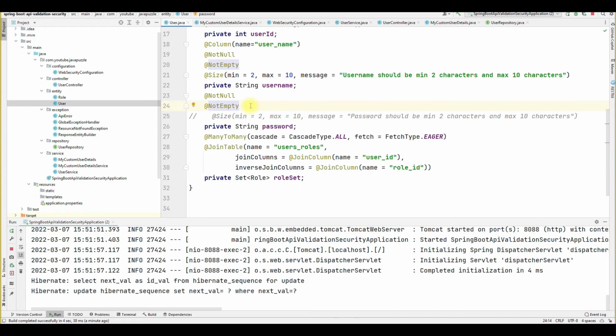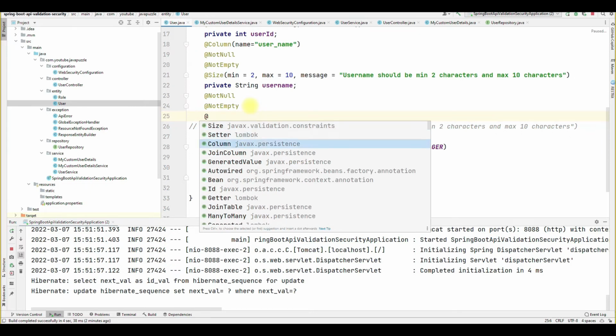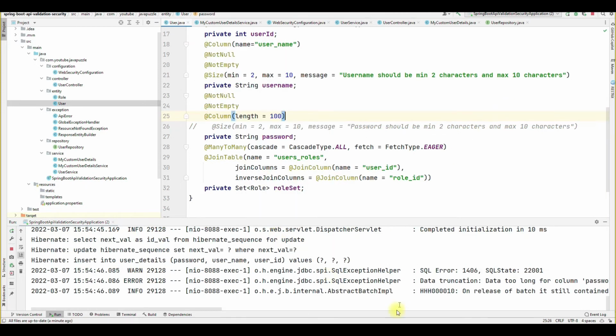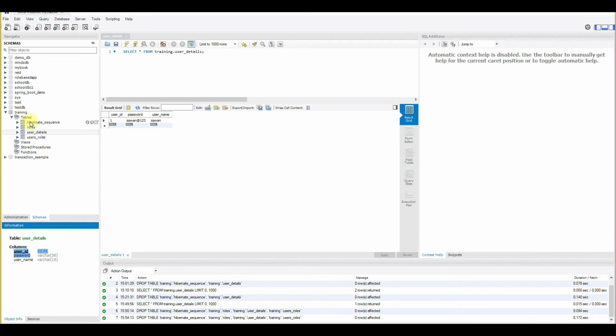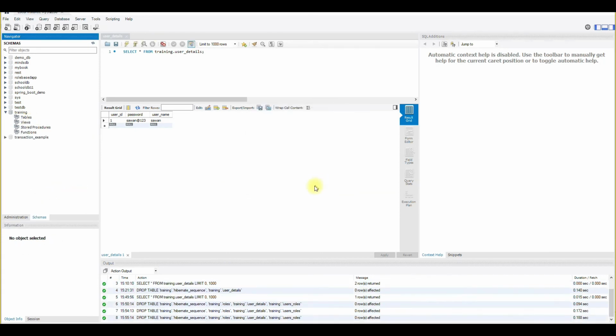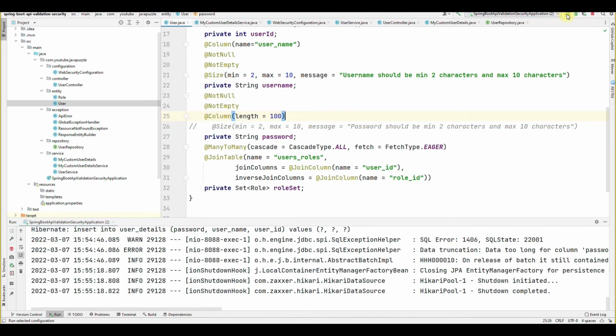Then there is one annotation column, we all know that. Inside the column we can pass the length also, 1000. Okay, and again drop this table. Okay, and run again.